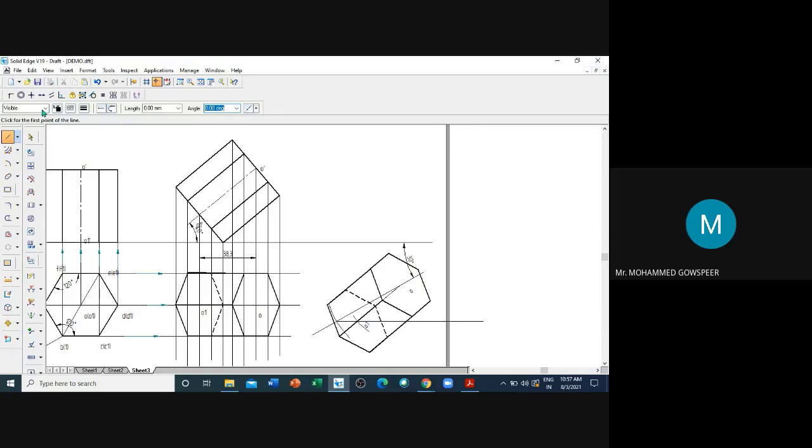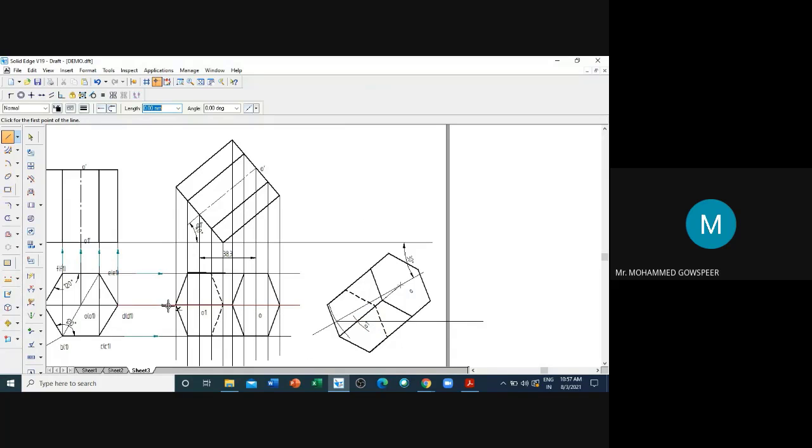Okay. First, what we'll do, normal line style. Now the base is nearer to the observer. So the base is nearer to the observer. So what we'll do, as in the manual method also, from all these points we draw the vertical lines. So here 6 points, here 6 points. 12 lines we'd draw. Now you don't draw all the 12 lines.